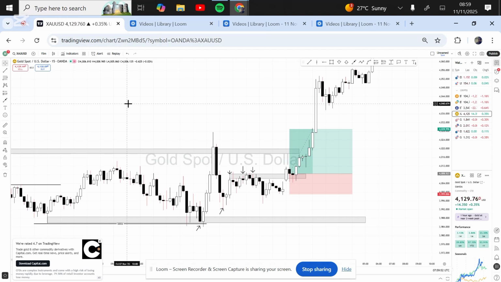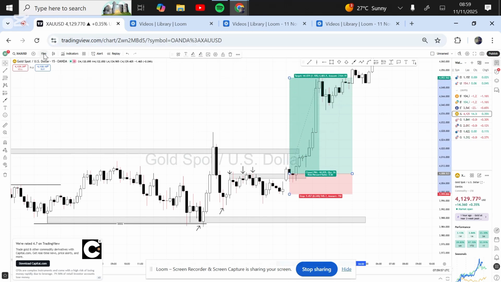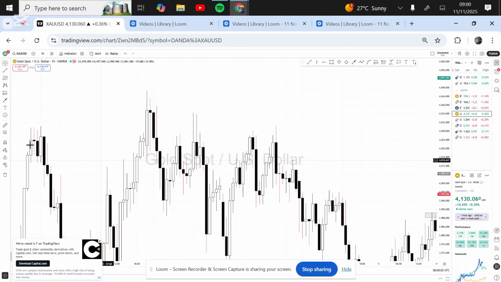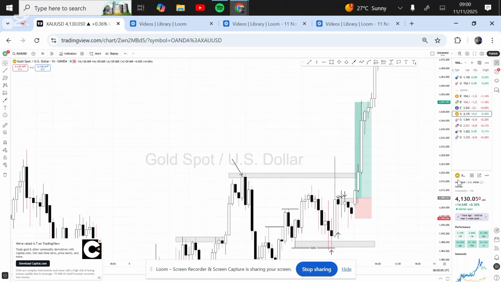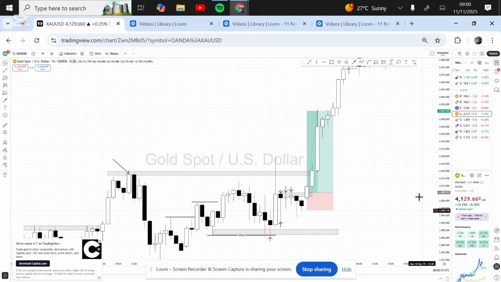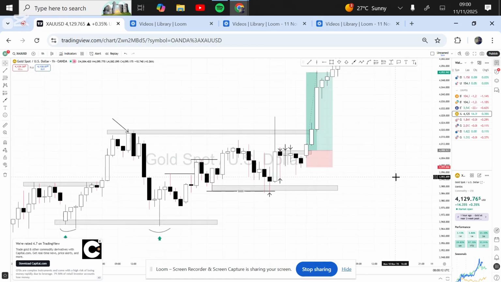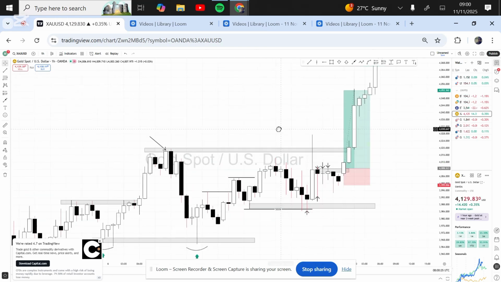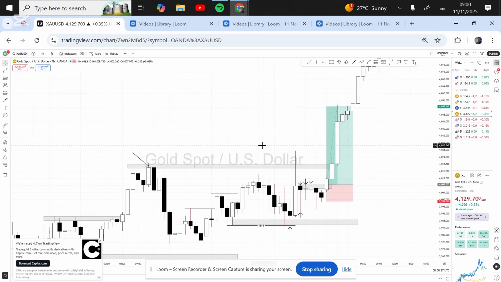Seriously. So that is how I call this beautiful 400 pips on gold. A very clean trade. Very, very clean. You don't need to complicate the price action right here. You don't need to complicate the price action at all. This was how I got the trade. It's basically paying attention to what is going on. You need to relax. Observe. If you can observe, you will go far in trading.